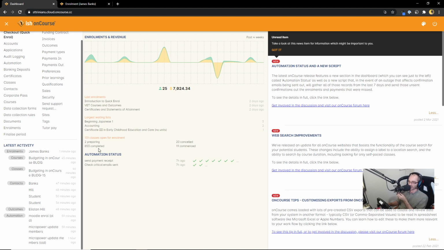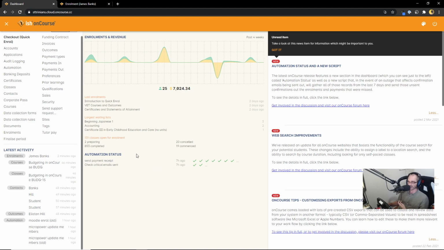And then down here we have this automation status panel. At the moment there's not much appearing in this for us, but for some systems this could be a big long section, depending on the number of scripts and automation tasks that you have running in your system. Here it just gives you an at-a-glance view of how that's all tracking. We can see the last task that's run was the send payment receipt task, and it was successful. The last time it ran was at 7 a.m. on the 3rd of March